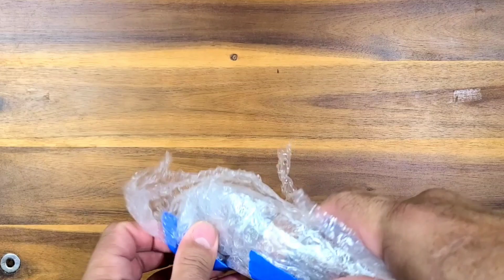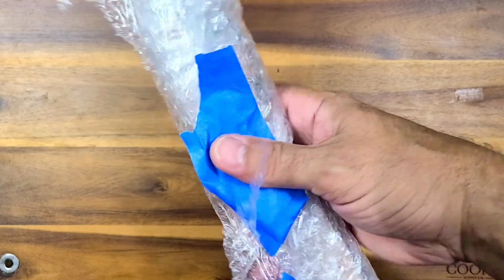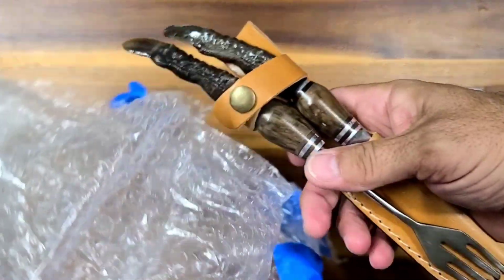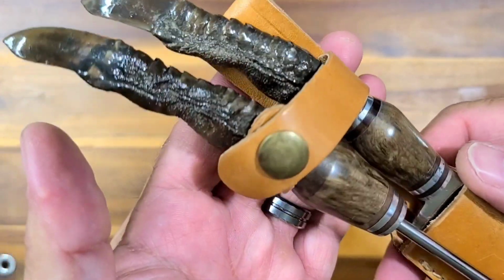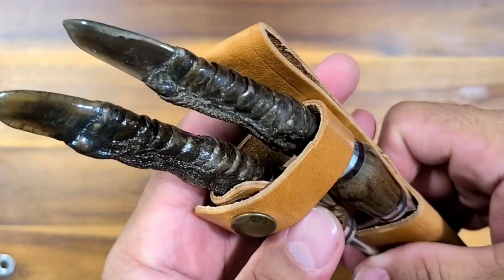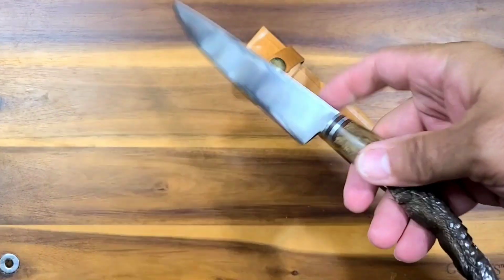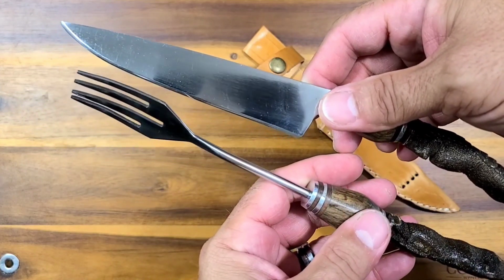what did they have there? They had the same unit of money that Mexico uses. Pesos, yeah, they had Argentinian pesos, I think. This is a set of ostrich toe knife and fork. Yes, that is what it is. They're made of ostrich toes. Now, is it legal to bring these into the country? I do not know the answer to that. What I do know is these are freaking crazy, and I had to have it because